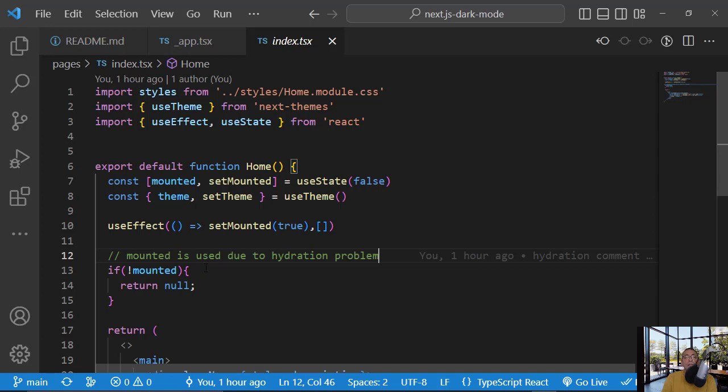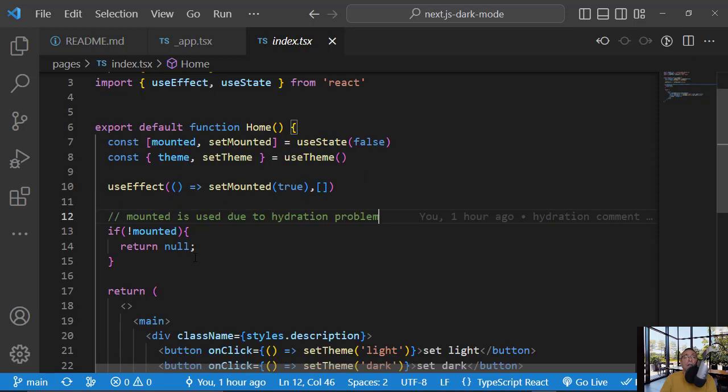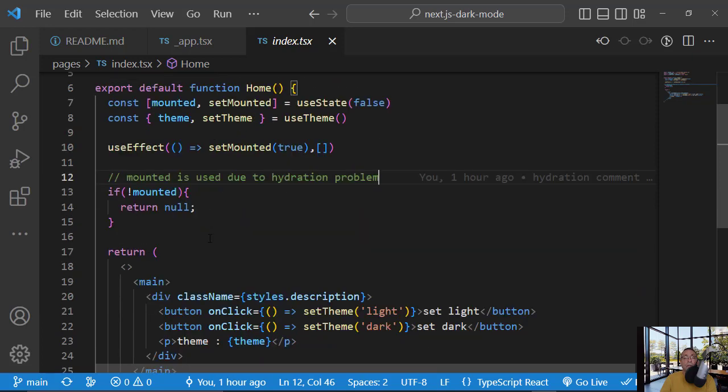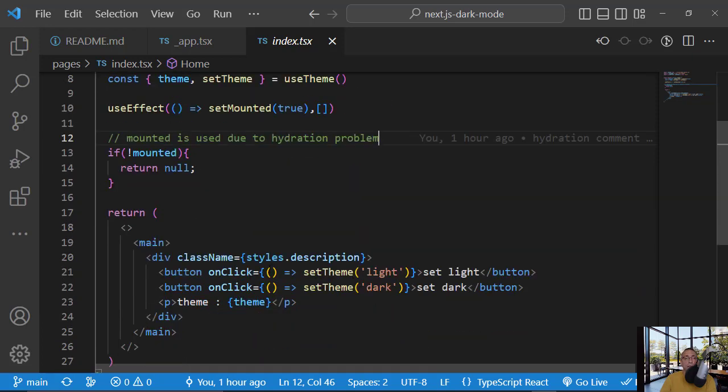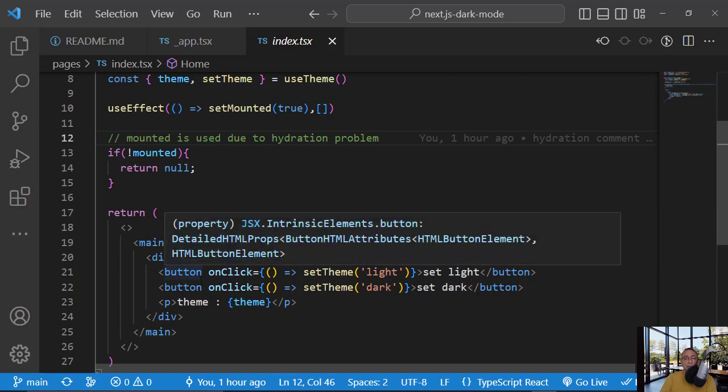And to do this, we need to implement this code. If not mounted, return null. And then only if it is mounted, then we can take the theme, which is taken from the local storage, and we can put it here. So this is the second repository